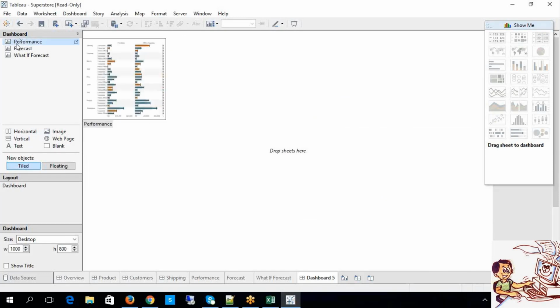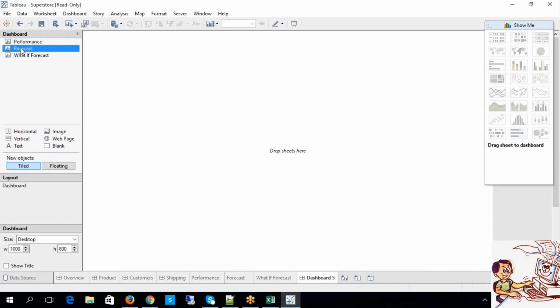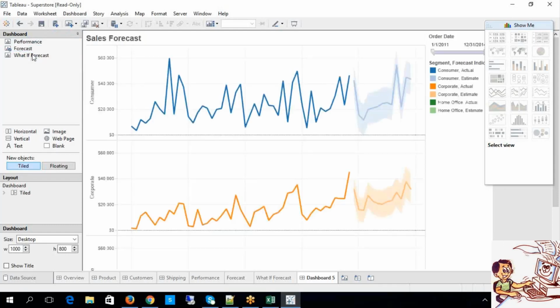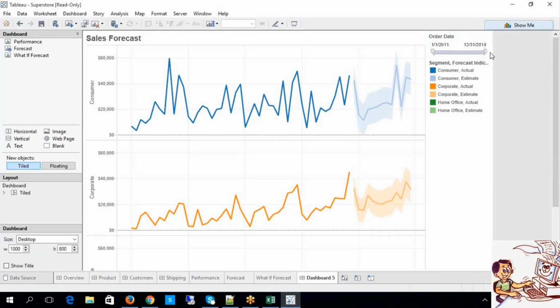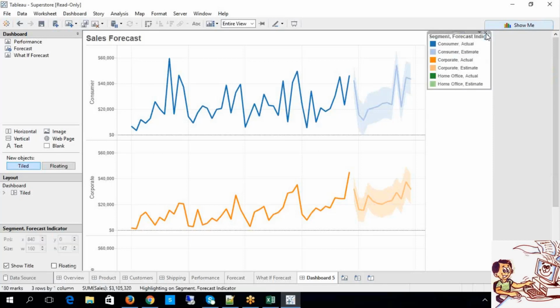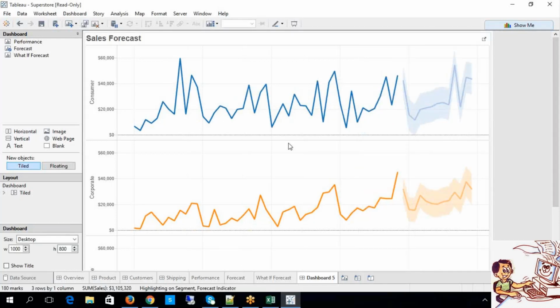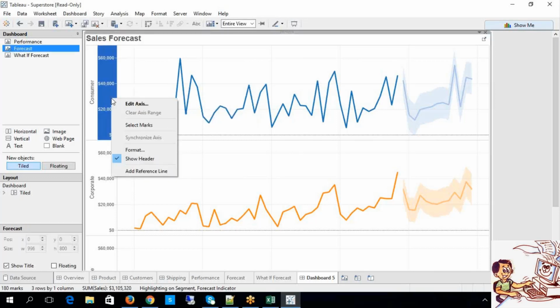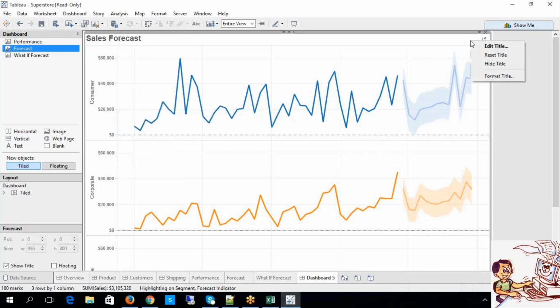Okay, I have a dashboard, for example. Look at this, guys. Now I have a report, some report, and let's say for a few of the elements, this is forecast, right?